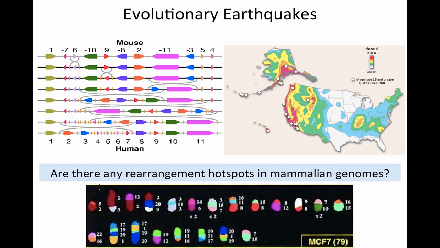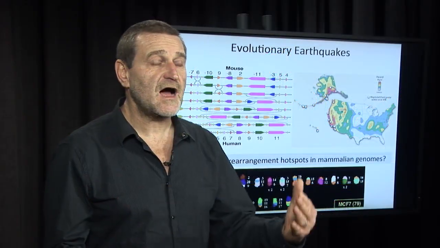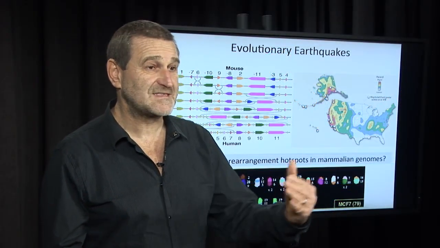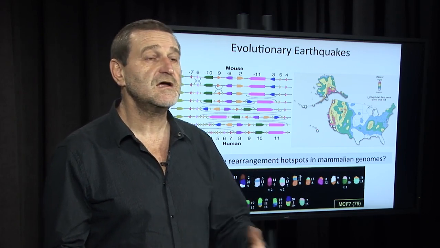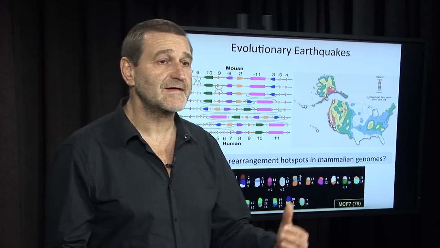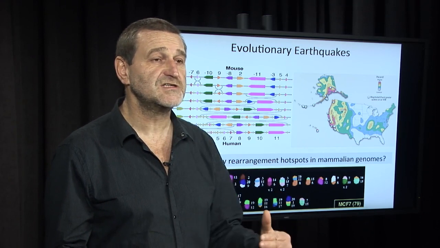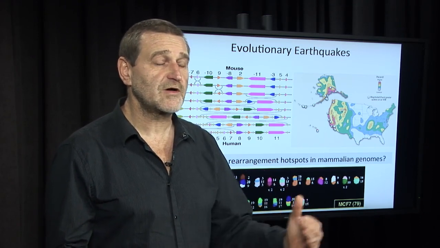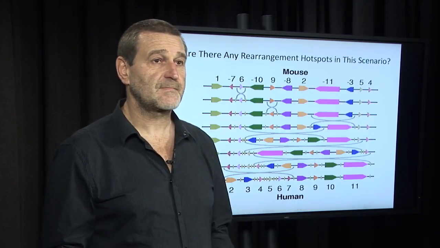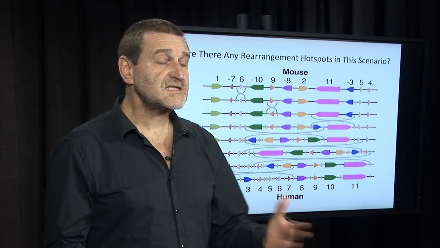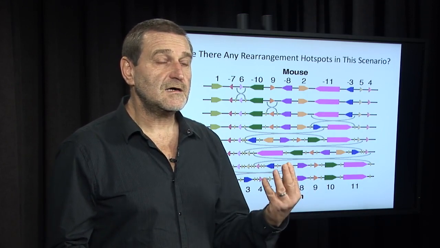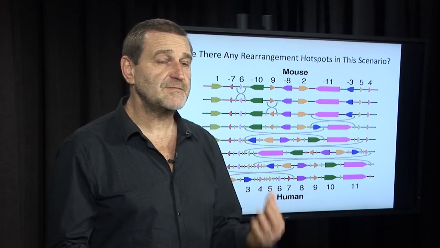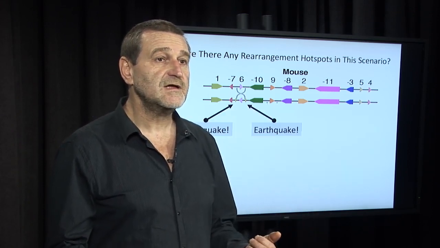But rearrangements also happen at much smaller scale during tumor developments. And we also may ask the question, are rearrangement hotspots, if they exist in mammalian evolution, correlated with tumor rearrangement hotspots in fragile regions in humans that we will be talking about a bit later. Now, let's talk a little bit about whether in the scenarios that we describe there are rearrangement hotspots, and let's proceed